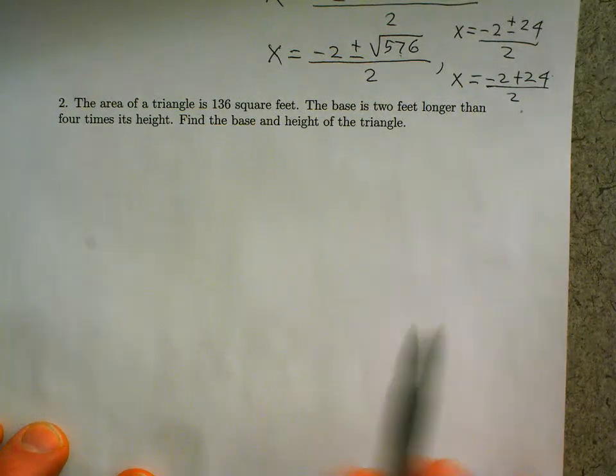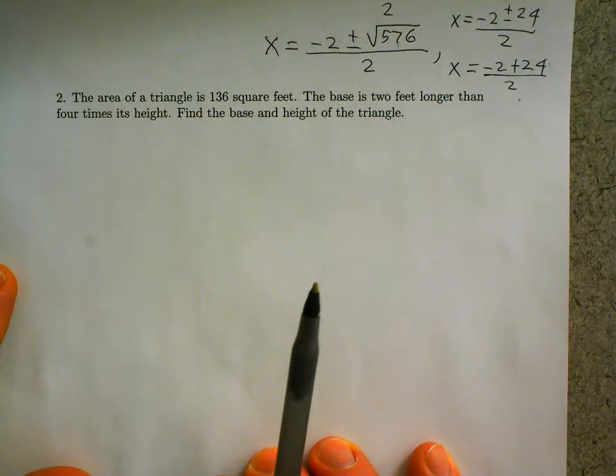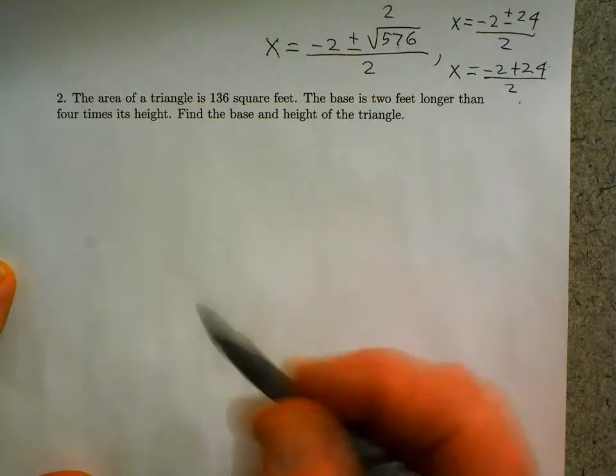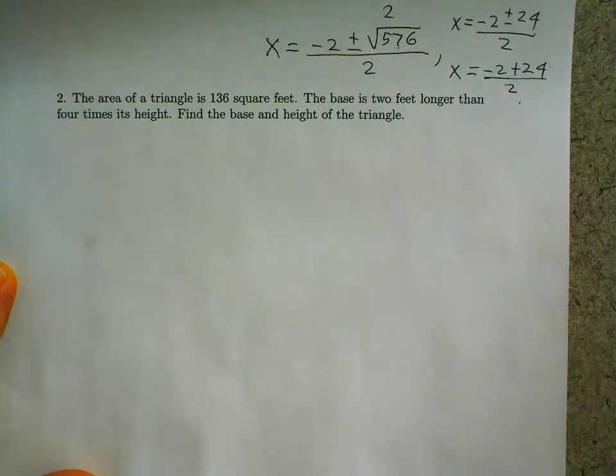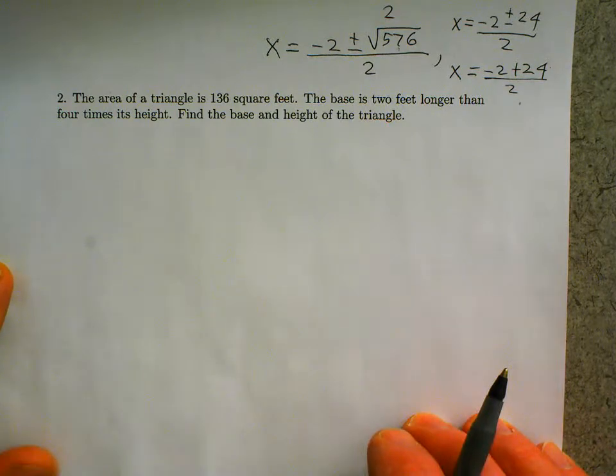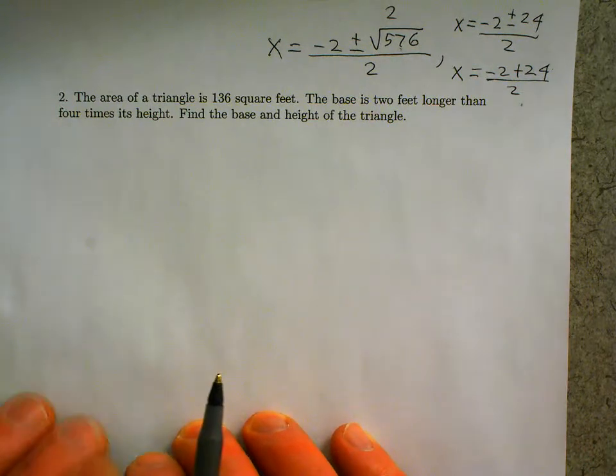Formula for the area of any triangle. Do you remember what that is? Length times height. What is it? Length times height could be a parallelogram or a rectangle, but for a triangle... A squared plus B squared, that is the Pythagorean theorem for a right triangle. But for the area of a triangle,